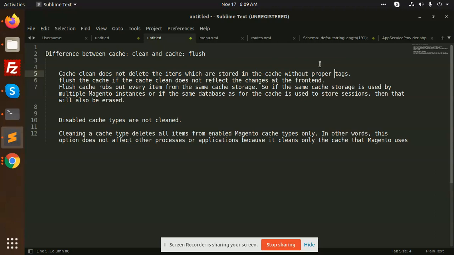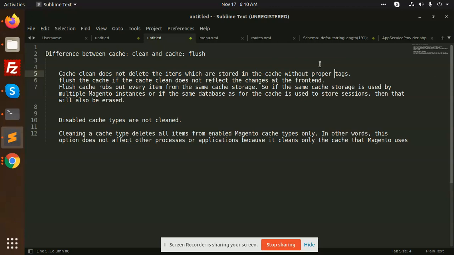Flush cache wipes out every item from the same cache storage. So if the same cache storage is used by multiple Magento instances or the same databases, all the stored sessions, everything is deleted in the flush cache. But in the cache clean, only some parts are deleted, not the full parts. It will not fully clean all the storage.